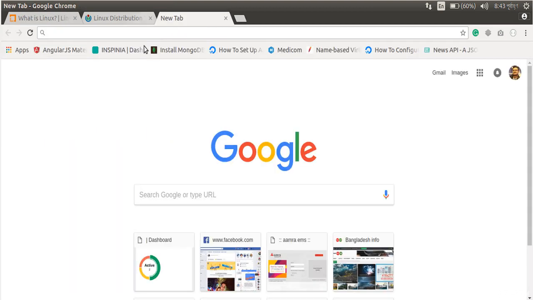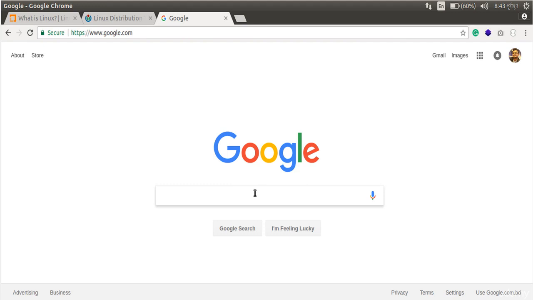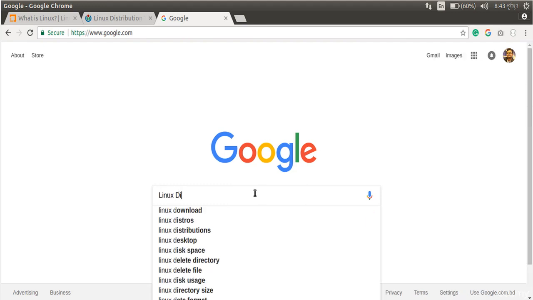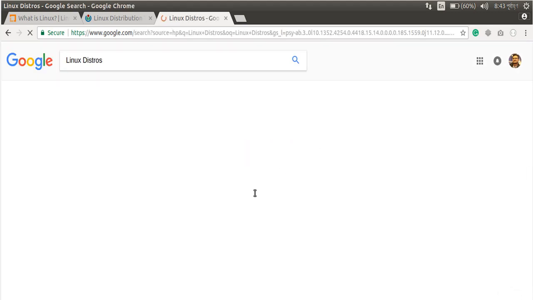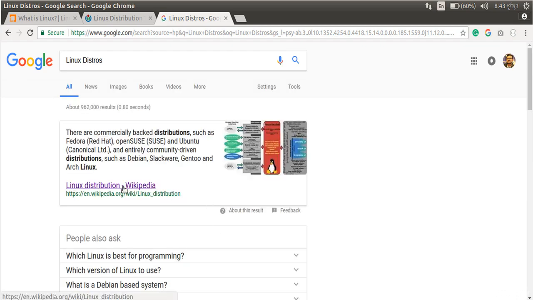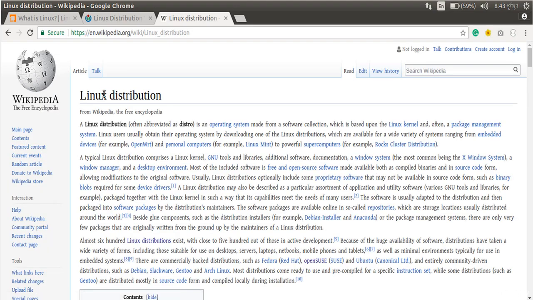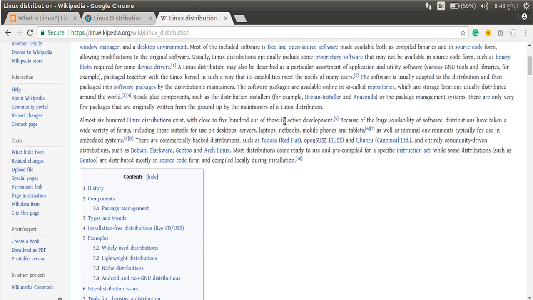Let's go to Google and type Linux distros. Then go to the Linux Wikipedia page. The title is Linux distribution.